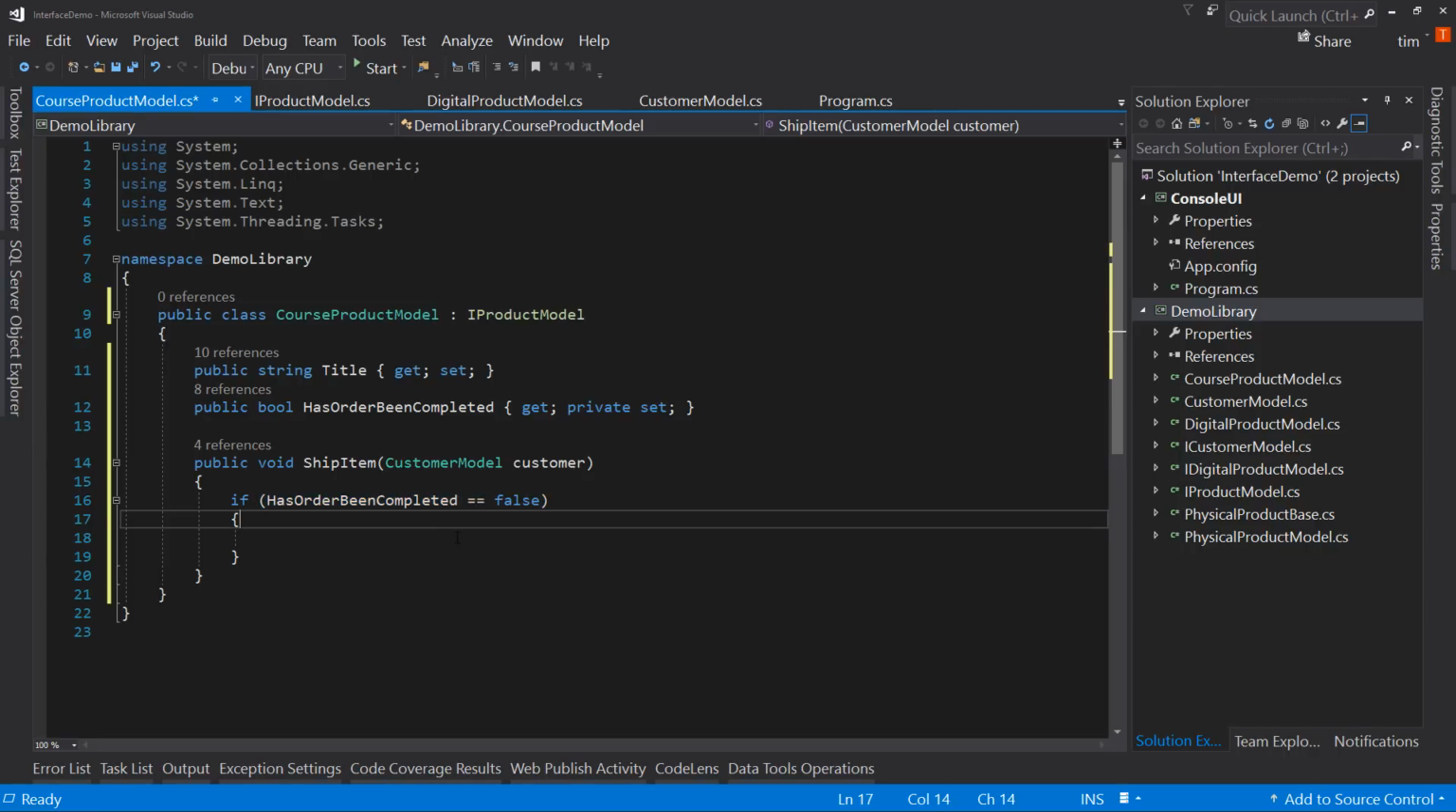It does not change anything as far as the actual compiled code. It's the same exact thing. So you're not actually going to have any kind of performance gains or losses by doing this. So if it has not yet been completed, then we're going to just say,